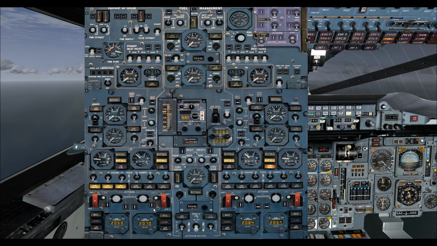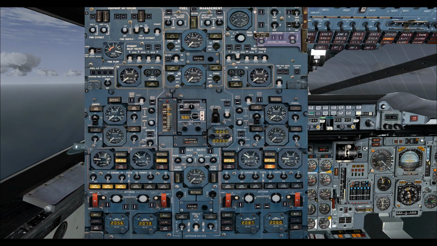The second method is we have to go back to our chart, and we have to pump fuel across from tank 3 to tank 4. With all of these things, you need a pump and you need an inlet. So we'll open up the inlet to 4, and we'll open up the jettison to 3, and that should start pumping fuel across, which it looks like it's doing now. So those are the ways you can